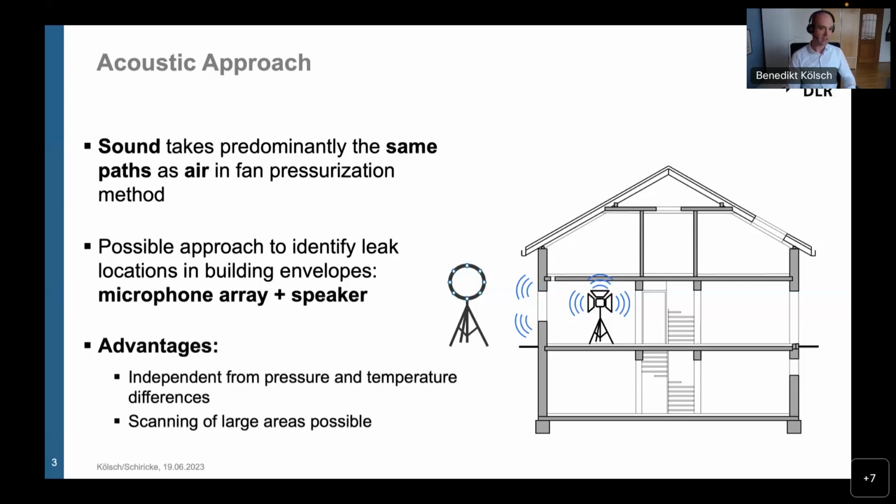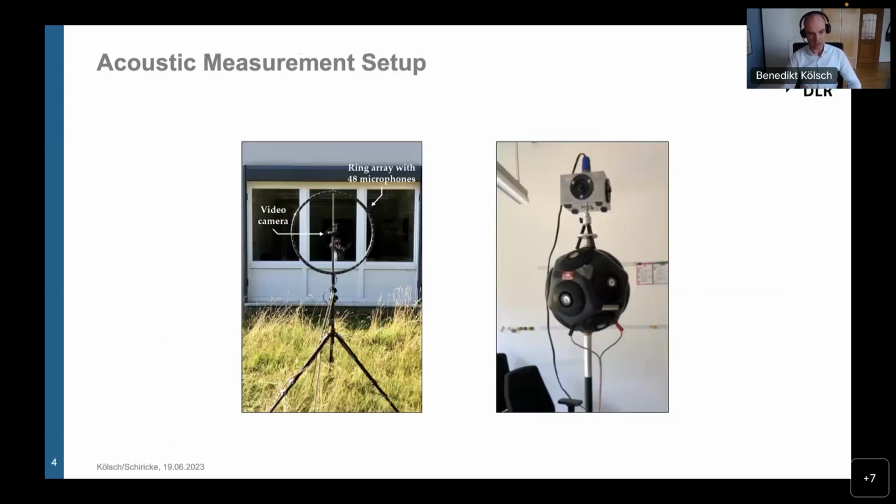This has the advantage that it's independent of pressure and temperature differences, and it is possible to scan very large areas at once. So our first setup was to put, as seen here, some mid-low frequency speakers and some high frequency speakers in the room inside, sending a white noise signal. With these two different types of speakers, we are able to give a very broadband signal. Outside of the building, we put the acoustic camera, which is made of a video camera